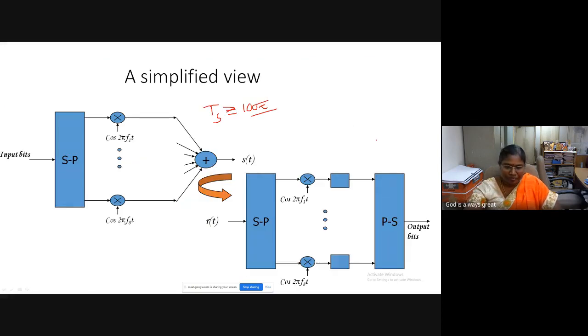Now, what are we going to do? Do we have so many local oscillators to create frequencies f1, f2, f3, f8 like that? Do we have so many local oscillators? We also need to maintain the channels correctly, right? F1 and F2 should be related in such a way that they are orthogonal to each other. So picking up such local oscillator frequencies and maintaining them at a particular level is very, very difficult.